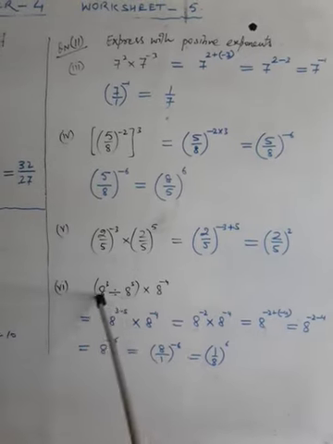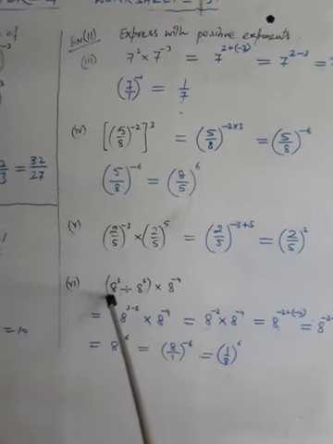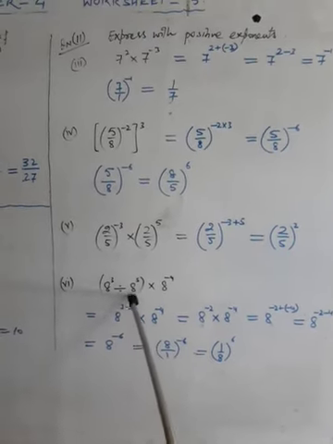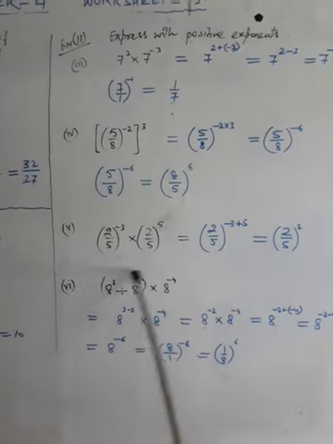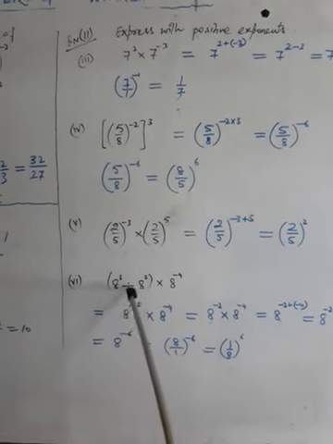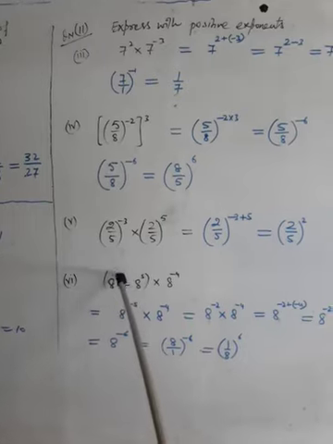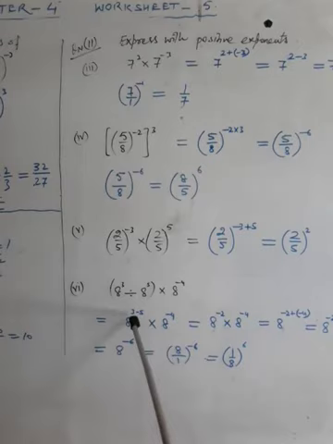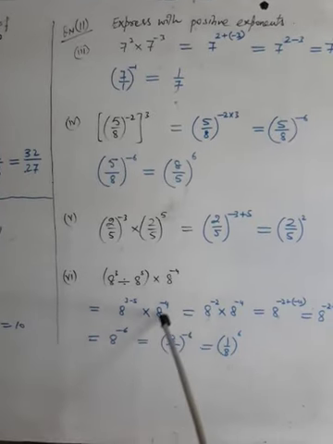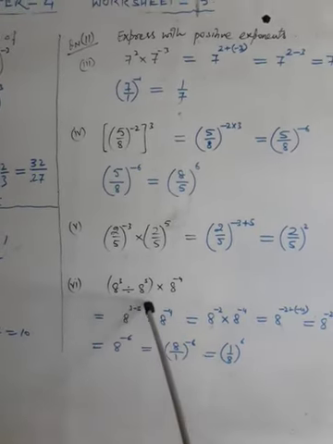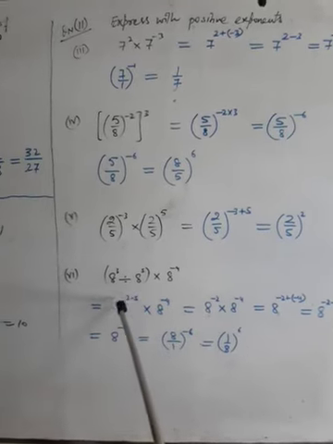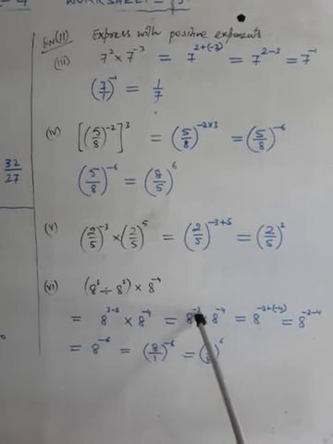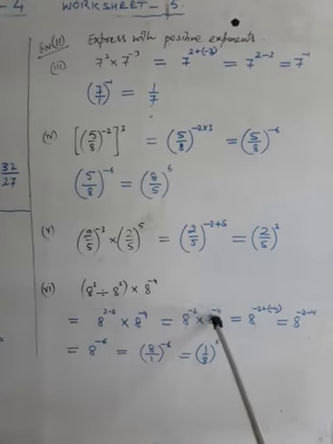In order to solve this, first of all we have to apply BODMAS, so accordingly we will solve this bracket first. So a divided by a, bases are same, powers are to be subtracted during division. So a to the power 3 minus 5, first power 3 minus the second power 5, into a to the power minus 4 is written as such. So a to the power 3 minus 5 comes to be a to the power minus 2, into a to the power minus 4.